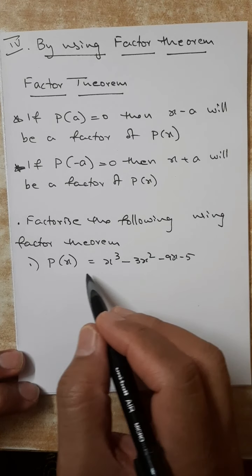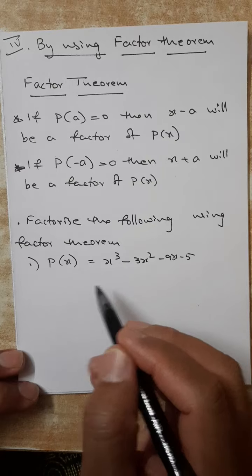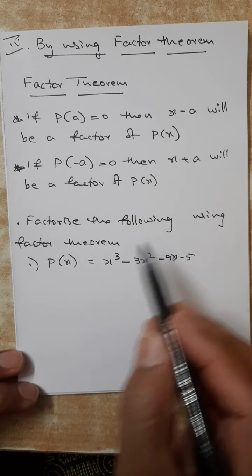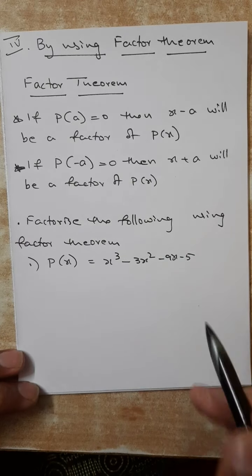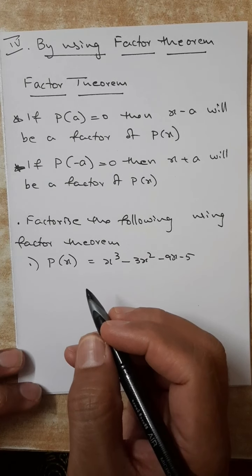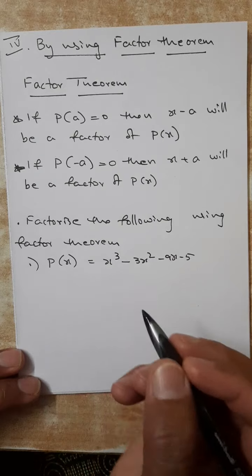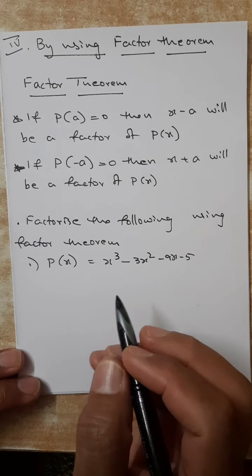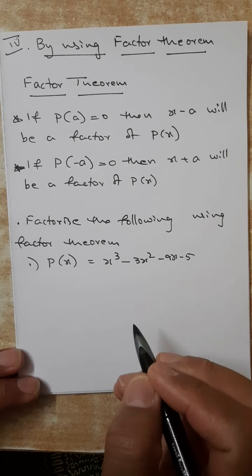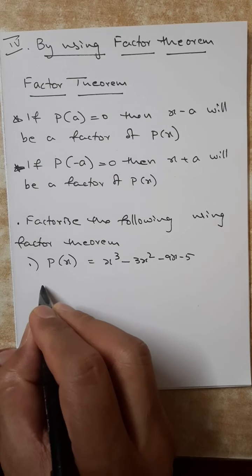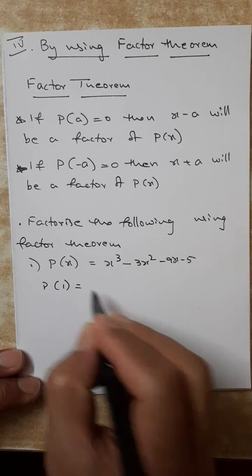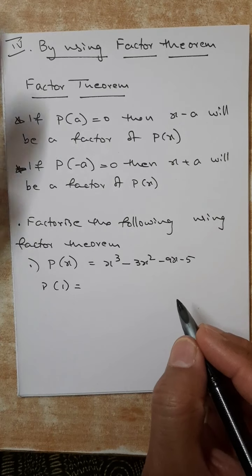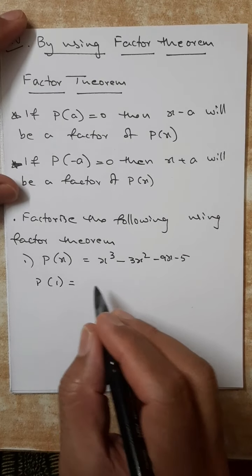So the last option, the fourth option, is using factor theorem. But in this question it is already mentioned to use factor theorem; otherwise we would go for the normal procedure, common, identity and so on. Now what is factor theorem? First I have to find one number a for which p of a is 0. We will do that with the trial method. We can take p of 1. We will check whether 0 is coming or not.